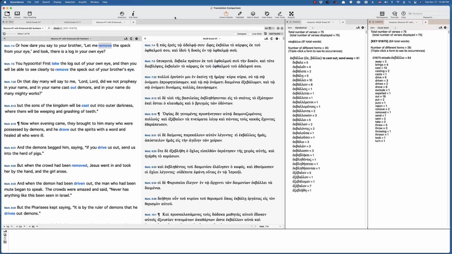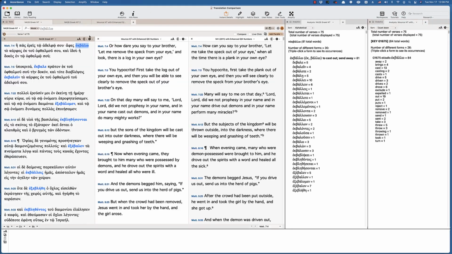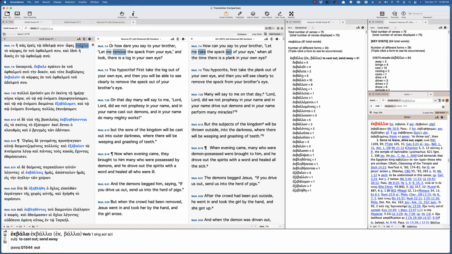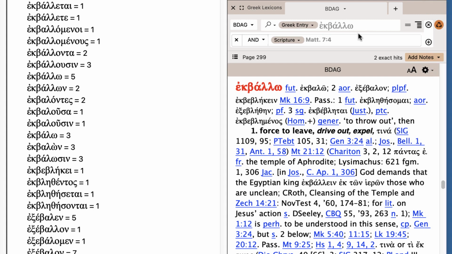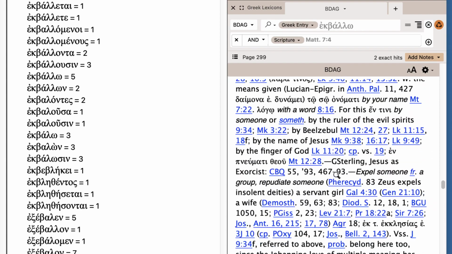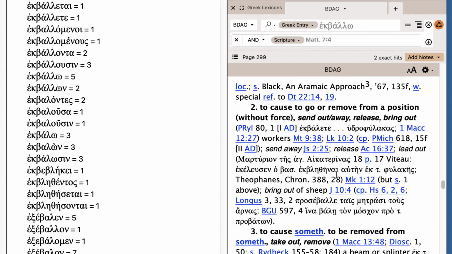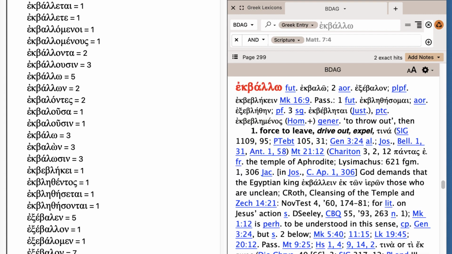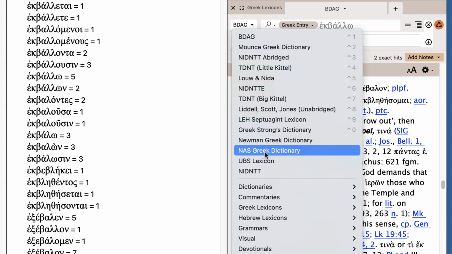Another way, of course, you can do is to go back to the Greek, and depending upon how you have your computer set up, if you triple-click on ekbalo, you're going to bring up your dictionary. I've defaulted to have BDAG come up as number one. And you can see the semantic range of the word according to BDAG. And if you have my expository dictionary, what you can also do is switch over to it